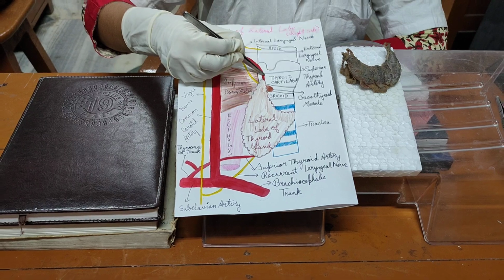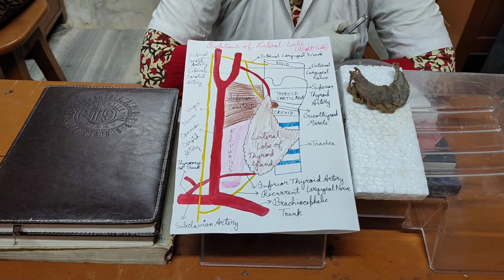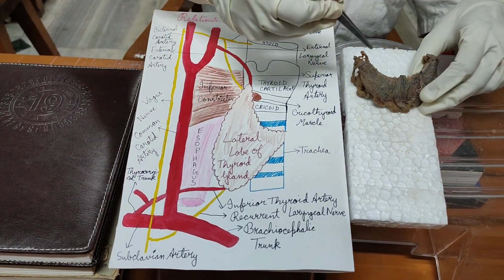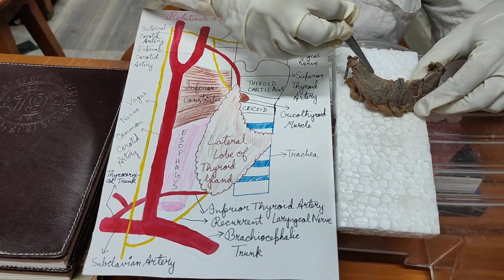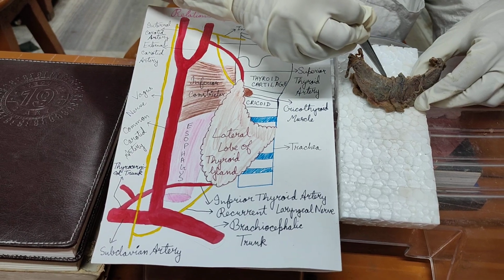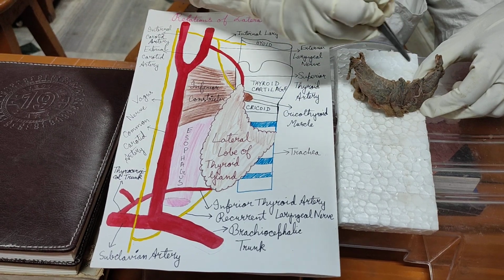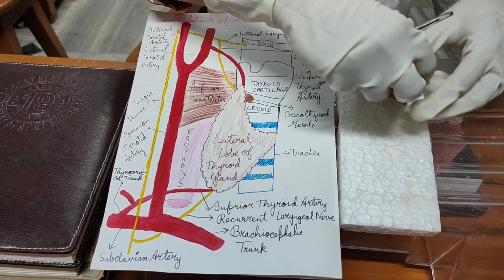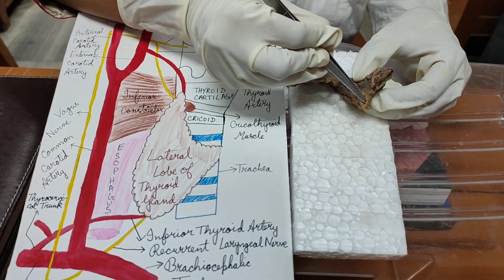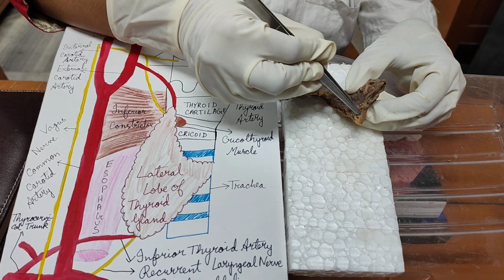This superior thyroid artery, as it reaches the upper pole, gives rise to an anterior glandular branch and a posterior glandular branch. The anterior glandular branch runs along the upper anterior margin, then the upper border of the isthmus, and anastomoses with its fellow of the opposite side. The posterior glandular branch runs along the posterior border and anastomoses with the ascending glandular branch of the inferior thyroid artery.